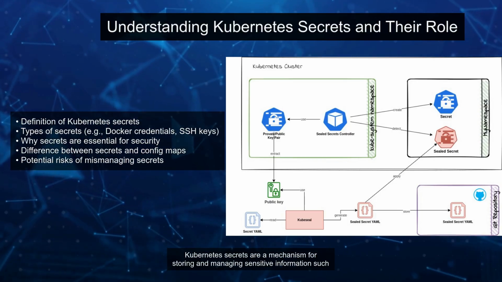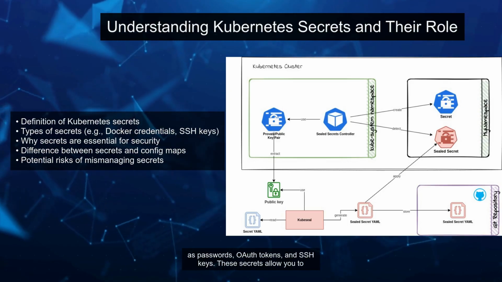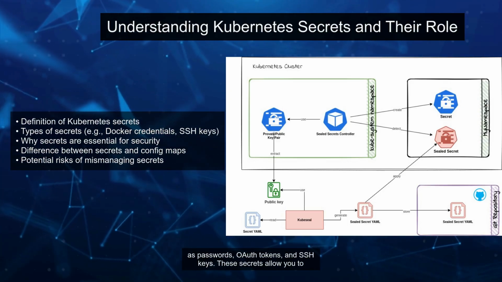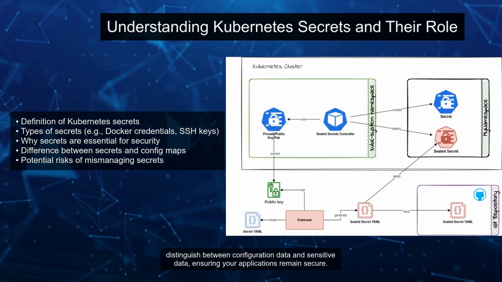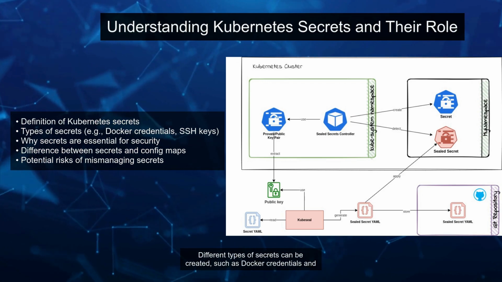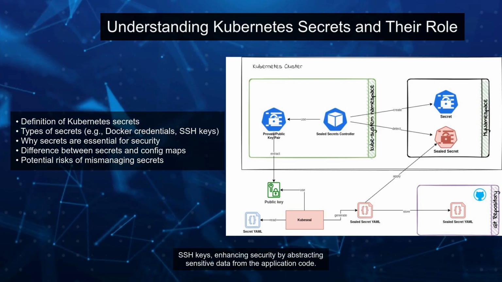Kubernetes secrets are a mechanism for storing and managing sensitive information such as passwords, OAuth tokens, and SSH keys. These secrets allow you to distinguish between configuration data and sensitive data, ensuring your applications remain secure. Different types of secrets can be created, such as Docker credentials and SSH keys, enhancing security by abstracting sensitive data